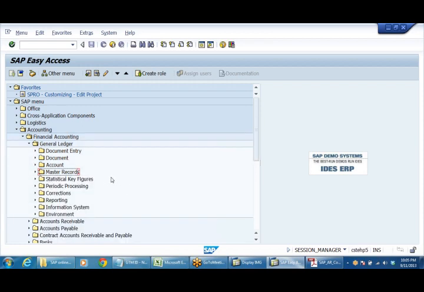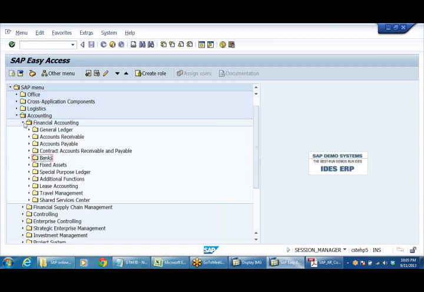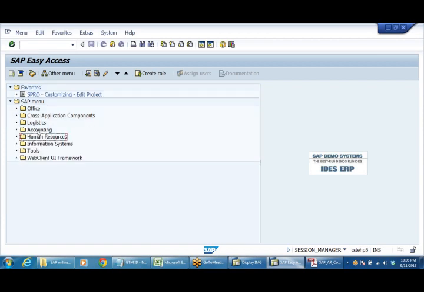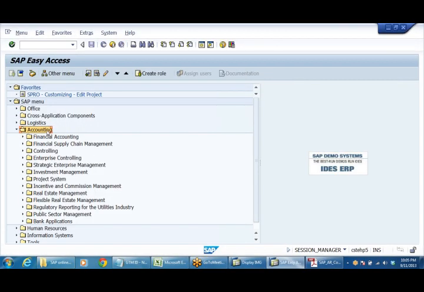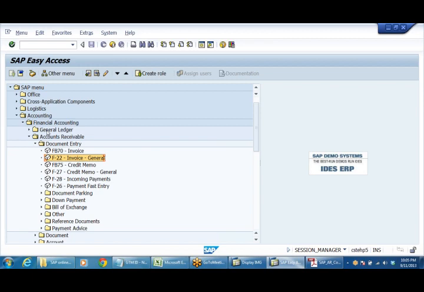So like that, you can post F-22. Now what I will do, accounts receivable, document entry, F-22, we have raised invoice here, or F-70. Now F-28, incoming payment.